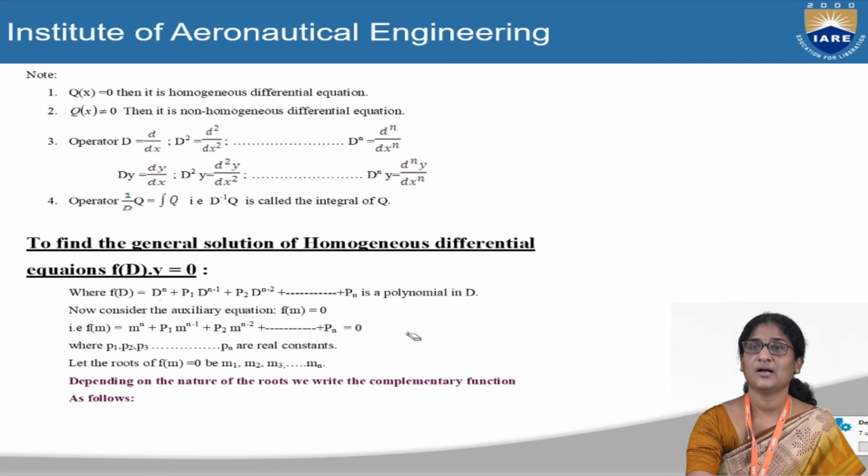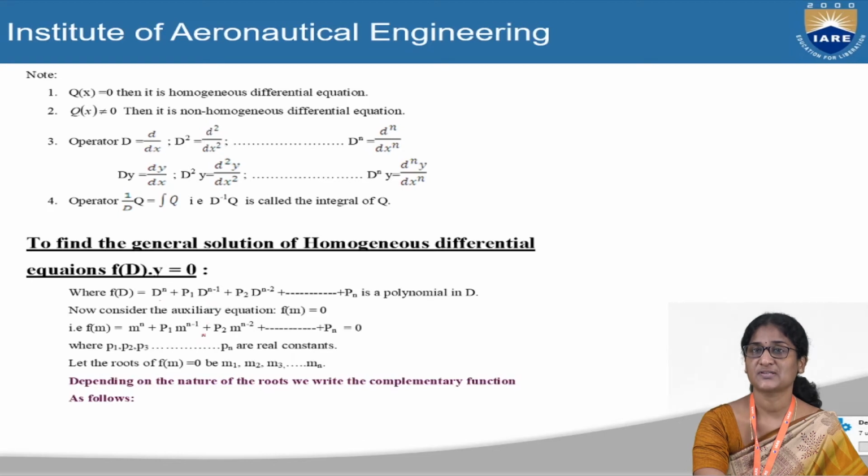Try to solve for the m values, and the number of values of m depends upon the order of the differential equation that has appeared. If it is second order, we will get 2 roots. The number of roots for m depends upon the order of the differential equation. If it is second order, then the number of roots is 2. If the given question is of third order, then the number of roots is 3, and so on and so forth. So the number of roots depends upon the order of the differential equation.